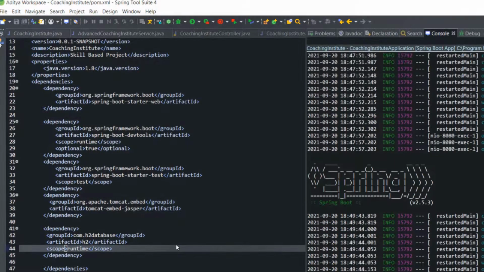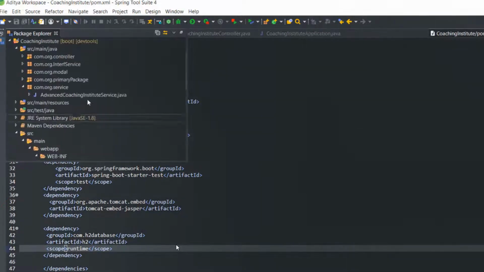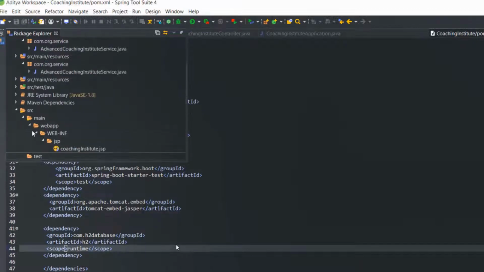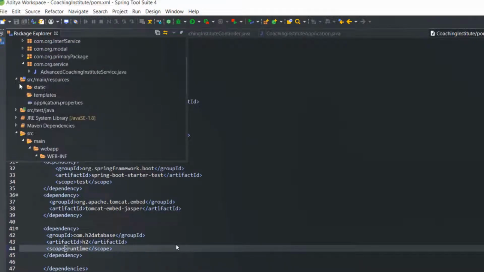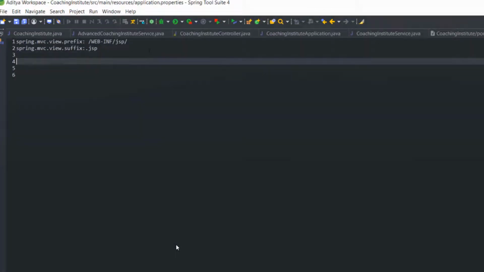After that, I will write all the data related information in application.properties, database related information like URL, driver class name, username, password, JPA, database platform, etc. So let's write that one first.